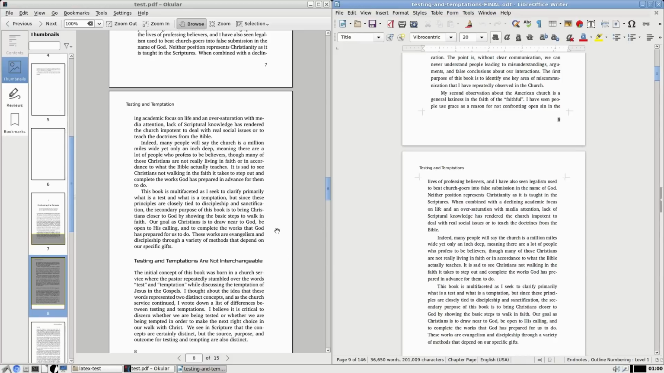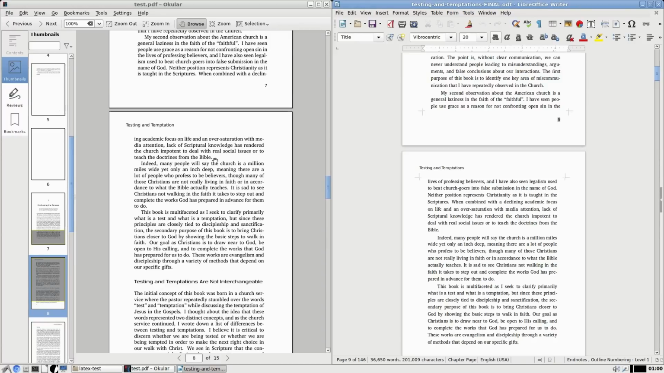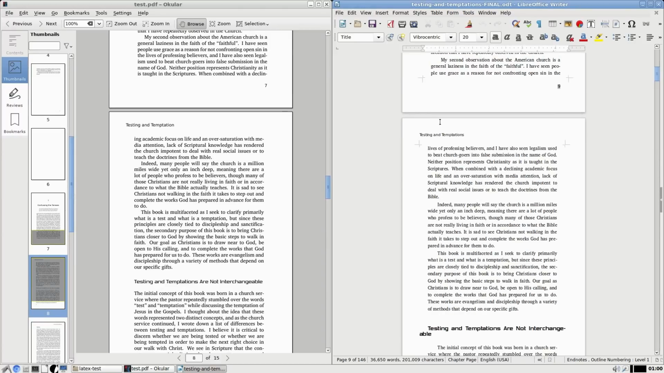There is extra margin on that to account for book binding, so that when it's bound and opened up, the margins do line up on the actual printed book. That in LaTeX is very easy to set up. It's also very easy to set up in LibreOffice. Now, the thing that is not as easy to set up, but you can see I have it fixed, is